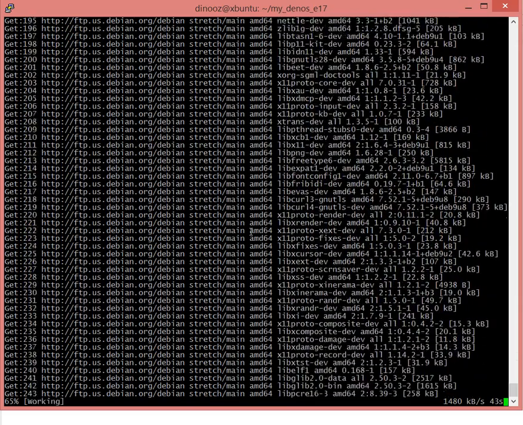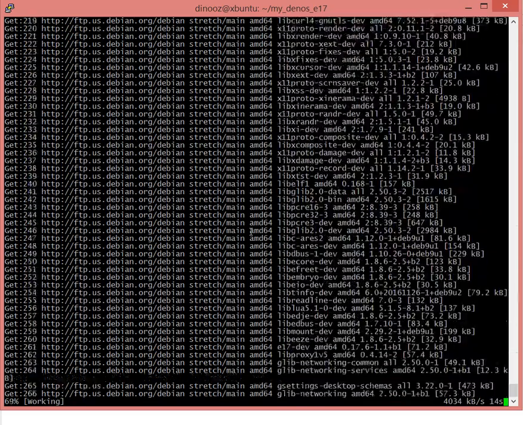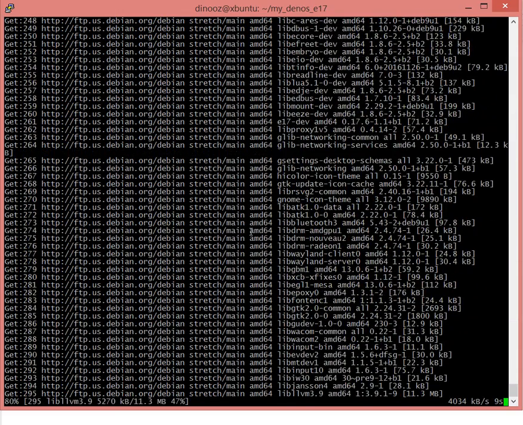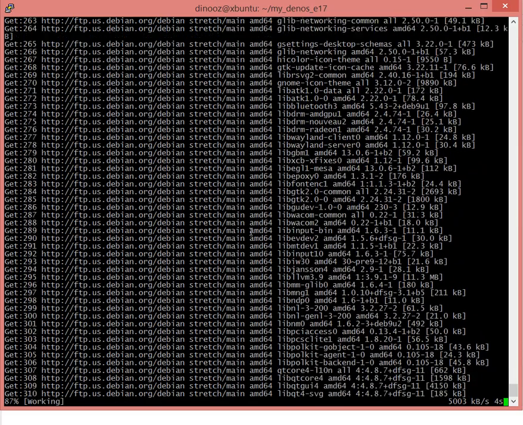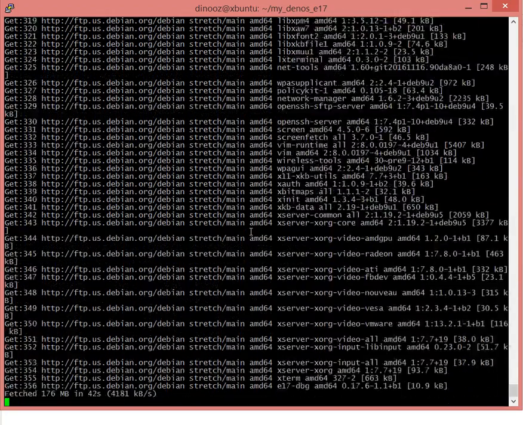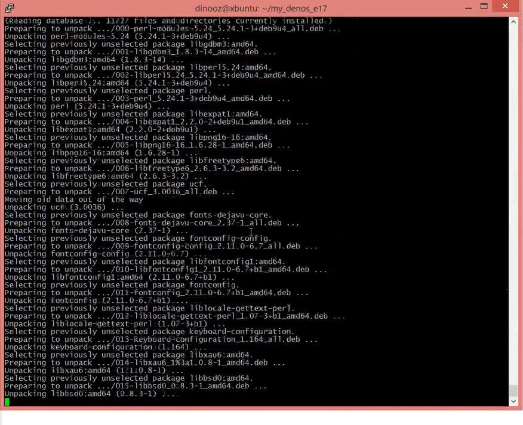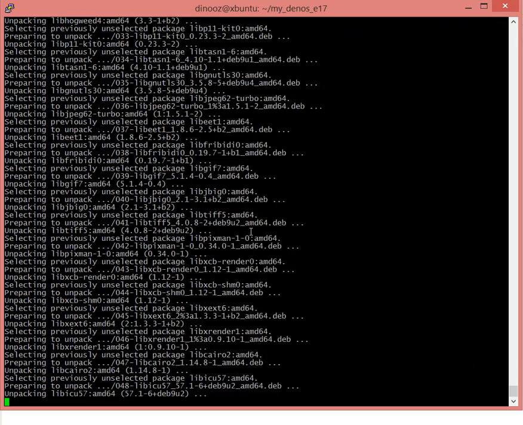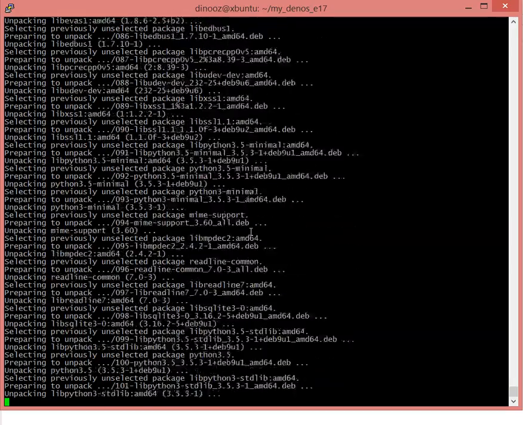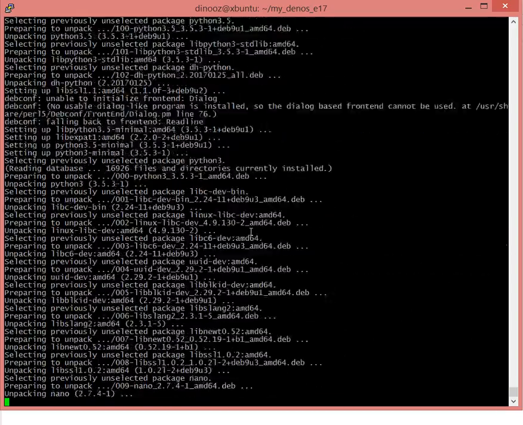It's kind of nice to have some kind of local repository, trying to set up something like that to make the installation super fast. But anyway, just for live demo, this will do as well. It's just downloading from the ftp.us.debian.org website and getting all the packages and all the requirements needed to run the Enlightenment Window